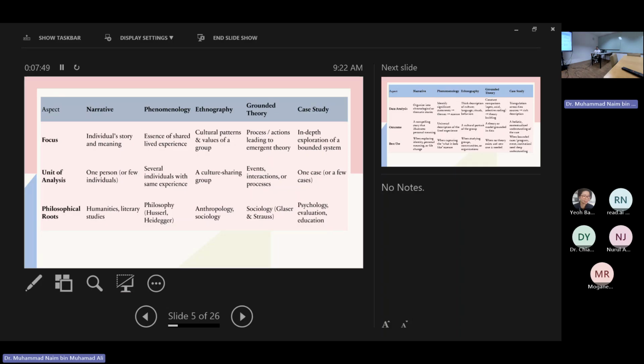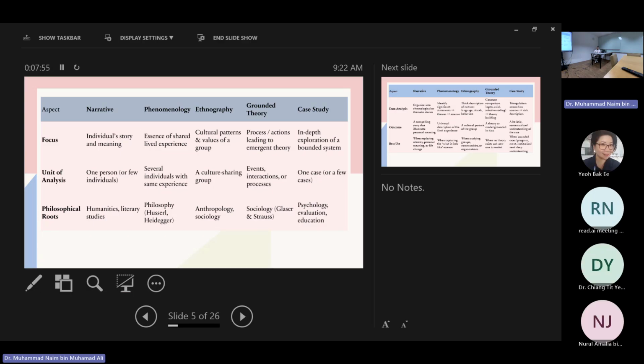For example, challenges during online and remote learning during COVID. So that is a phenomenon. And then ethnography, for example, if we are doing research about race or research about certain communities, that is ethnography. Ethnography is a little bit interesting because there is now a development. Now it's called netnography, meaning community online. So there is another research that we can tap on.